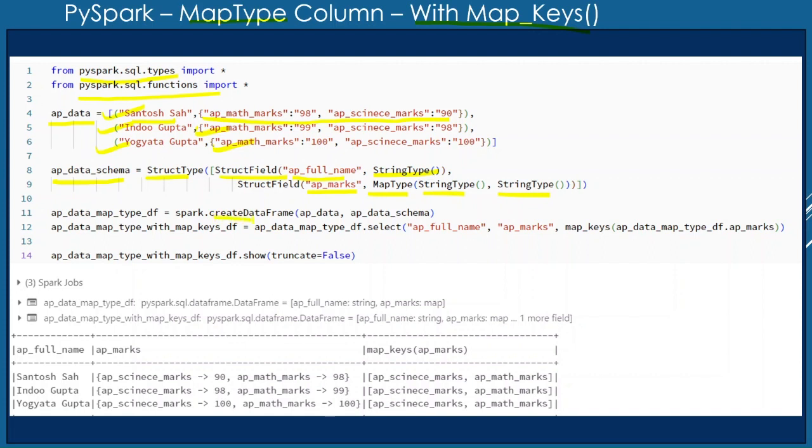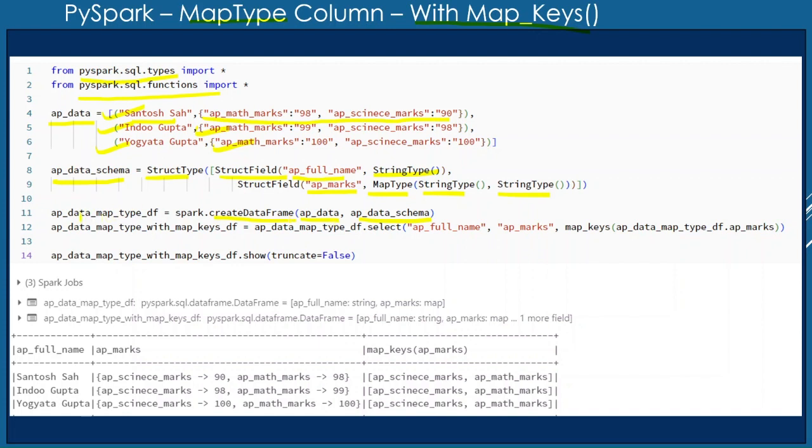With the help of the create data frame function, we are creating a data frame using the list object which we have just created and the custom schema which we have just created.